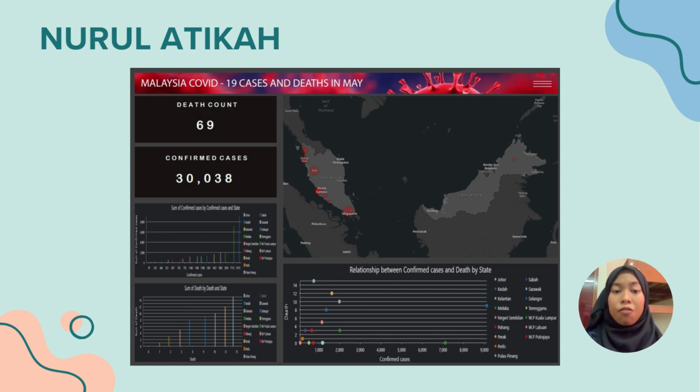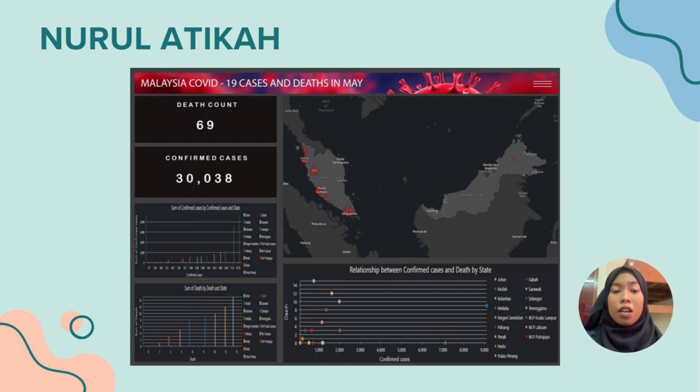each state. From the map in the dashboard, I use the size difference of the symbology to show the sum of that for each state. The larger the size of the symbology, the higher the number of that in that state. Meanwhile, the saturation of the color shows that the higher number of confirmed cases, the darker the color will be. The information is gathered from the reliable website of Malaysia's official Ministry of Health, which is KKM, which presents the